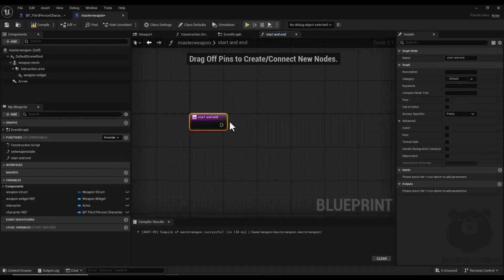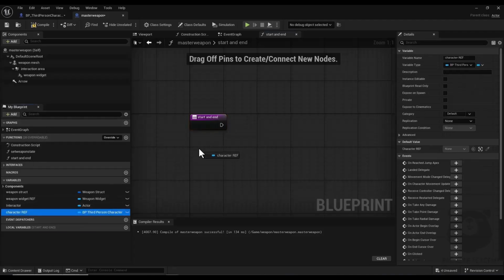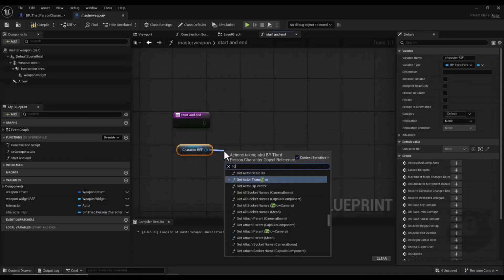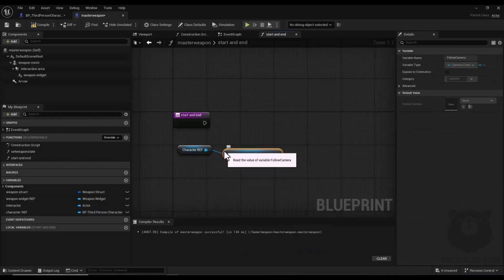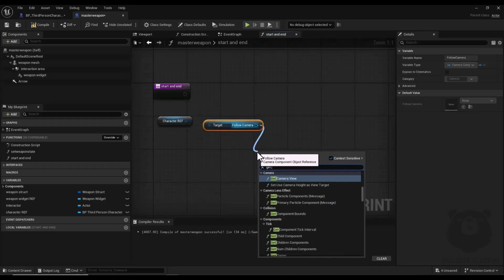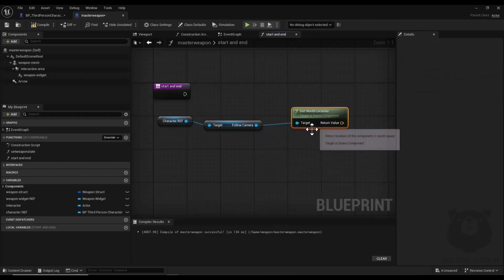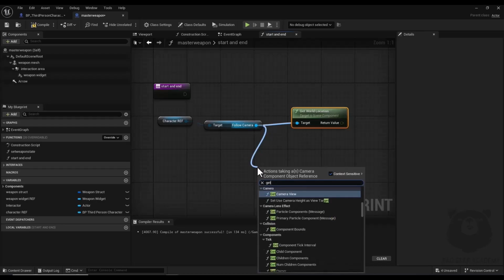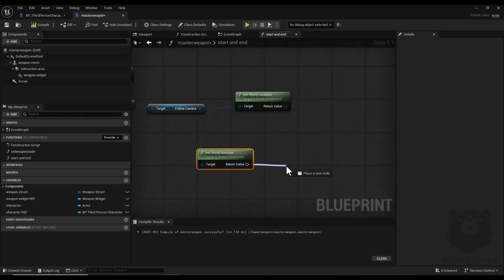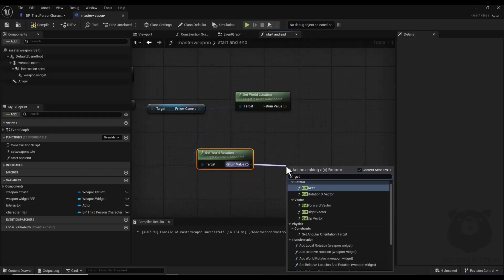Alright, first I get my character reference variable. I drag a node and search for follow camera, get follow camera, and here I drag a node and search for get world location, and also get world rotation, and here I drag a node and search for get forward vector,